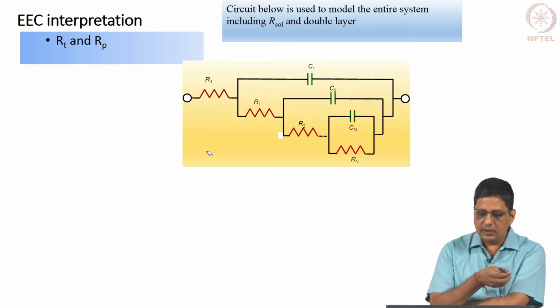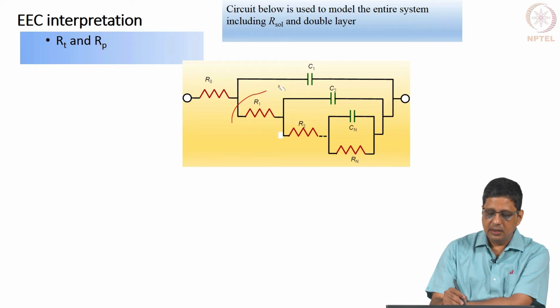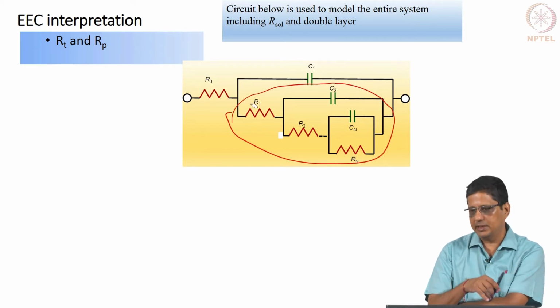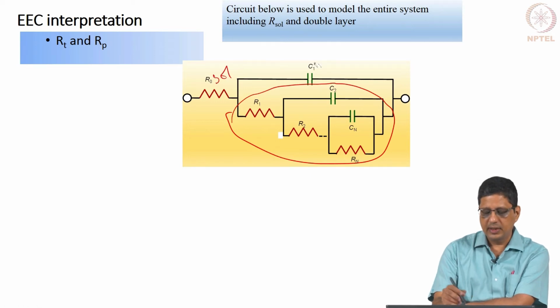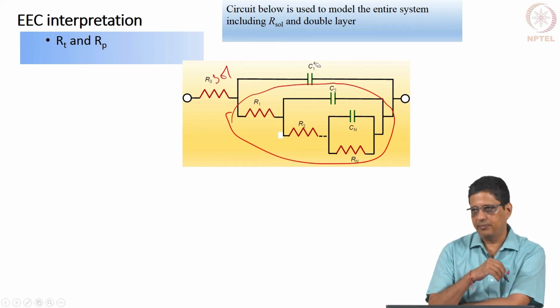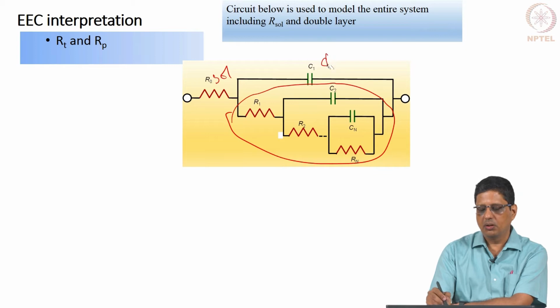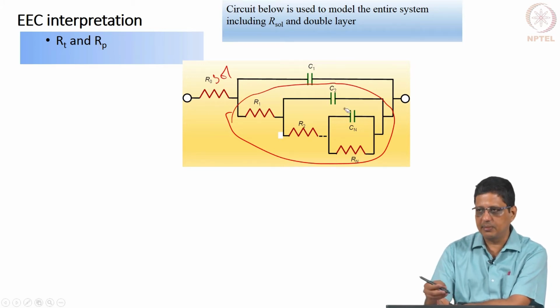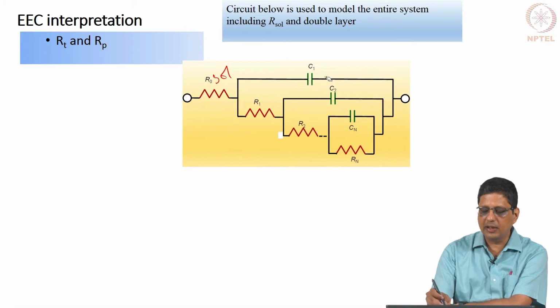Ladder and Voigt will look similar, except that here, starting with R 1 onwards, we are taking this as a Faradaic impedance. This is solution resistance, this is double layer capacitance. Or in fact, if you want, you can call this R solution, C 0 and then write this as R 0, C 1, R 1, etc. It does not matter. We are going to anyway put numerical values here.